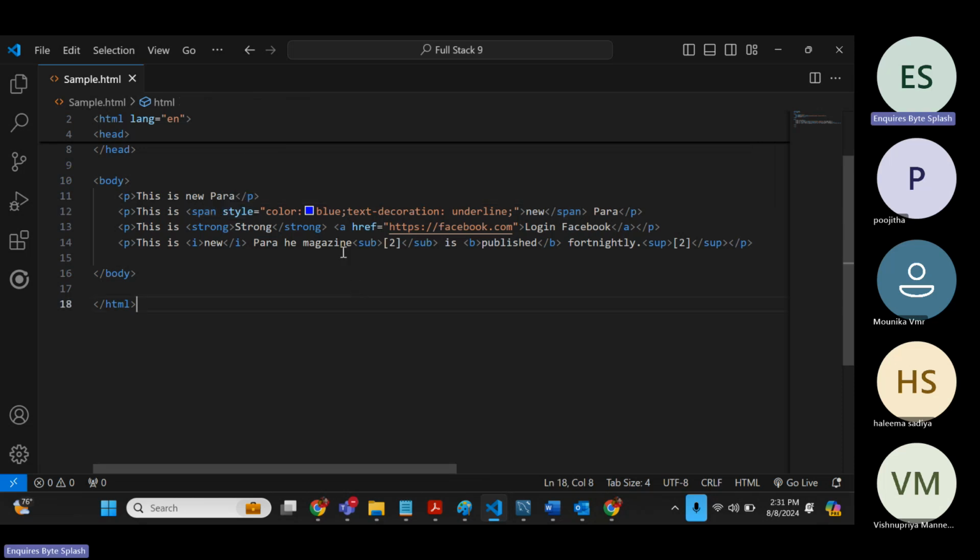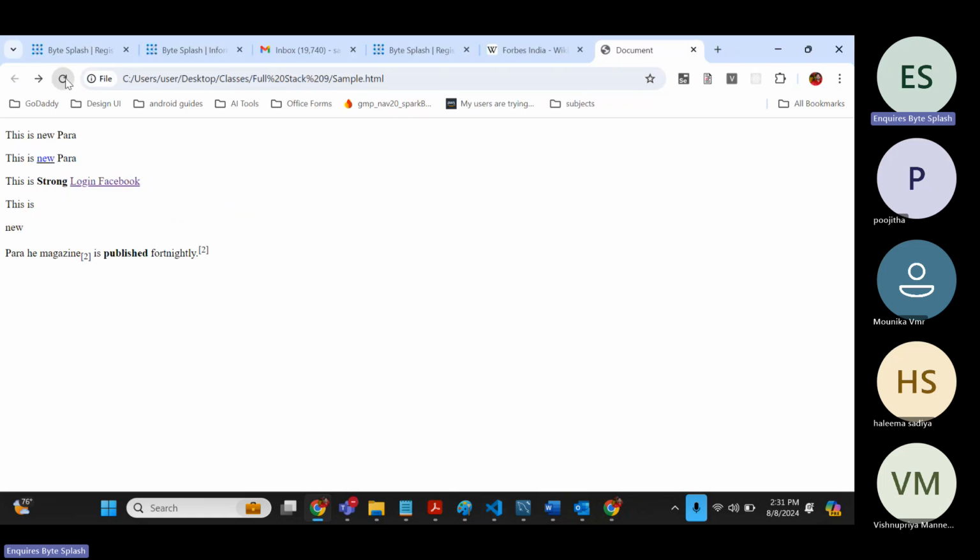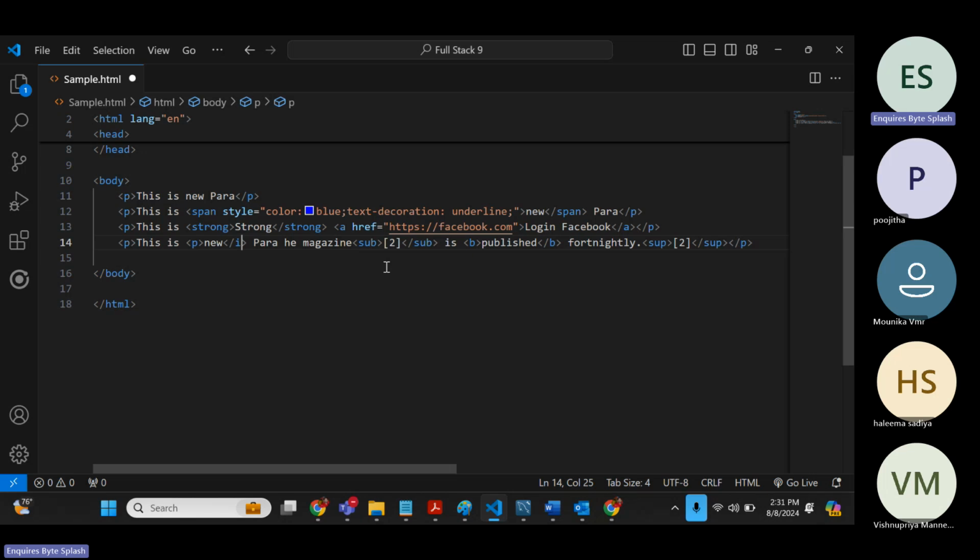Okay, now what I will do inside this, this is magazine, right? Or this is I. Instead of I, what if I put P? Now tell me, will it be in the same line? No, it will come to the next line. It will start on the next line. Means paragraph is a block element. It will always start as a new block. That is why it's a block level element. You got it? Now, span, italic, formatting tags, all are